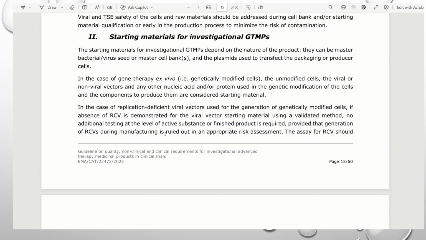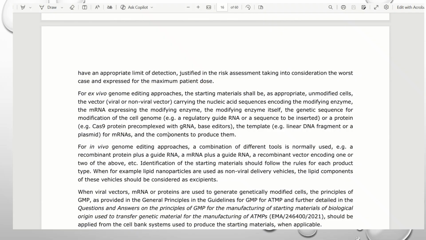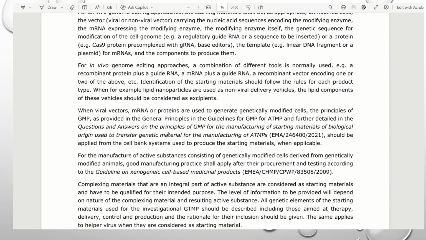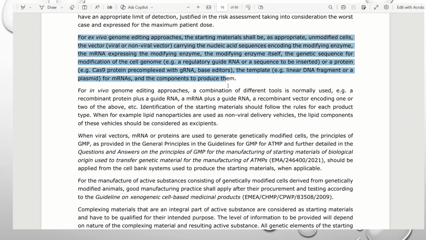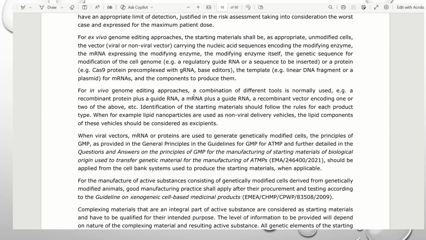Yeah, and the same applies for GTMP. Obviously, this will be for lentiviral vectors, and for the donor materials for the Cas9 guide RNA and the DNA donor template, the same level of information should be applied. We have to define what the starting materials are. We have to justify why we consider them to be starting materials, and we will be quoting this guideline. And the level of information that we're going to be providing is risk-based. And the reason being is that